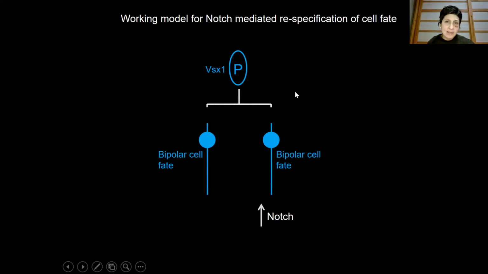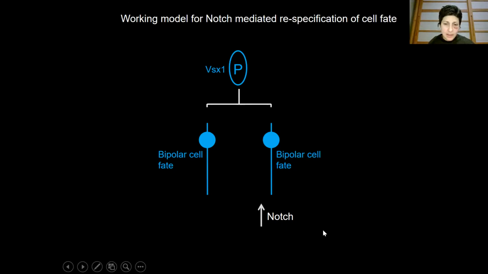We did look at interactors of Notch, such as NUM, for example, and we looked at orientation of division as something that could occur at the progenitor level and could dictate downstream events in the post-mitotic cells. But we found no such correlation or no asymmetric distribution of a notch antagonist like NUM. And so we still don't know what causes increased notch signaling in one of the bipolar cells,